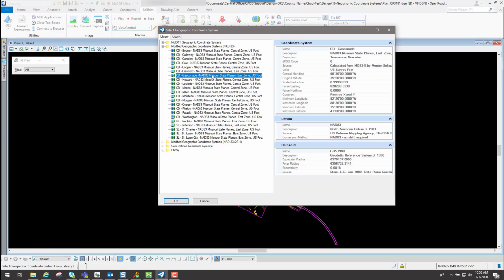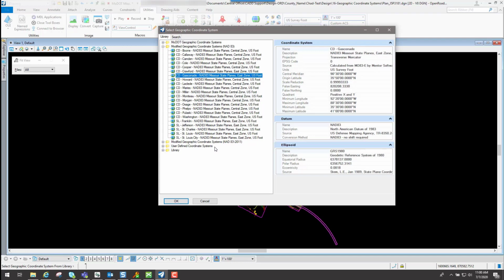So it depends on the project. It may be a state plane system that they used, or if it's hillier terrain and stuff like that, or if it's a longer project, they may have actually used a custom coordinate system for that particular project. And that's just something that you'd have to ask the surveyor, what coordinate system that they used, whether it's just a standard state plane system or if they used some other modified factor, whether it's a county-wide factor or a project factor.